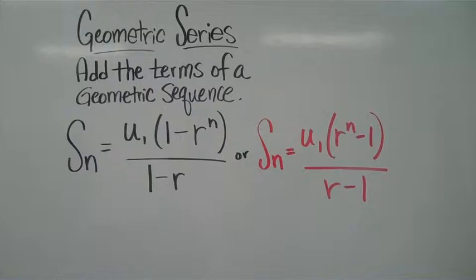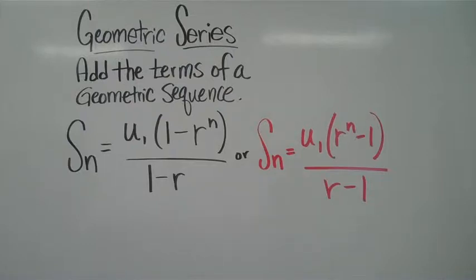A geometric series requires you to add the terms of a geometric sequence. We have two formulas for this, and either one works. We say S subscript n is equal to u1, our first term, times the quantity 1 minus r to the n divided by 1 minus r, or conversely, we could use the one in red